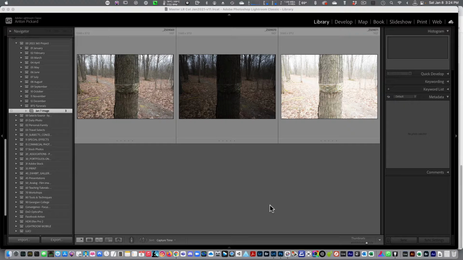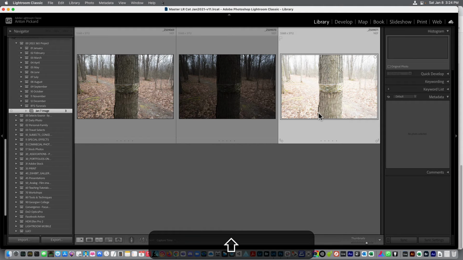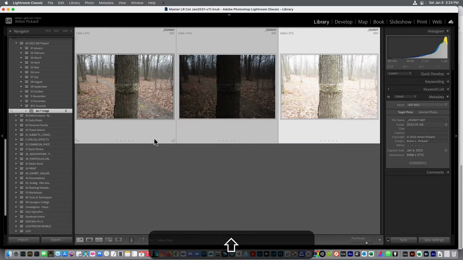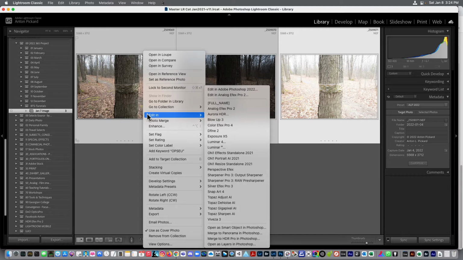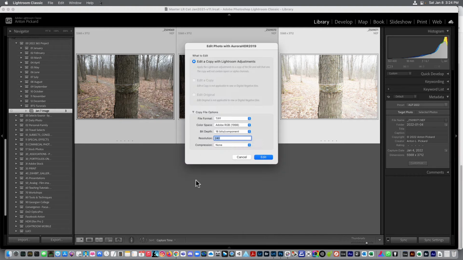Okay, so here's a tutorial around the image called Pathway, which is part of my 365 for the year 2022. It starts with a 3 exposure bracket, 2 f-stops in between them. In Lightroom right now I'm going to select these images and then process them in Aurora HDR for an HDR